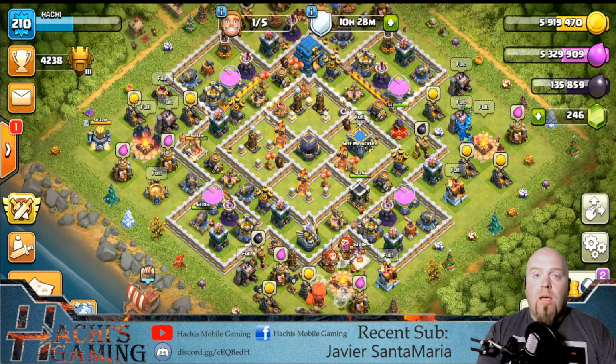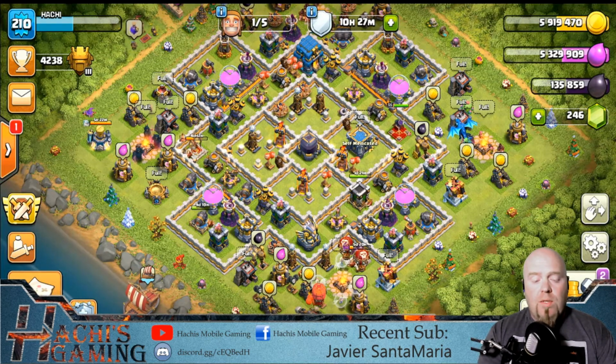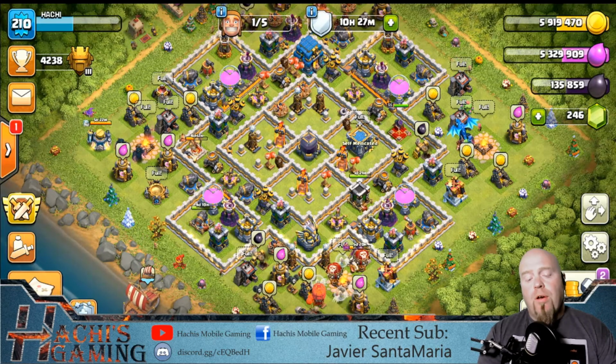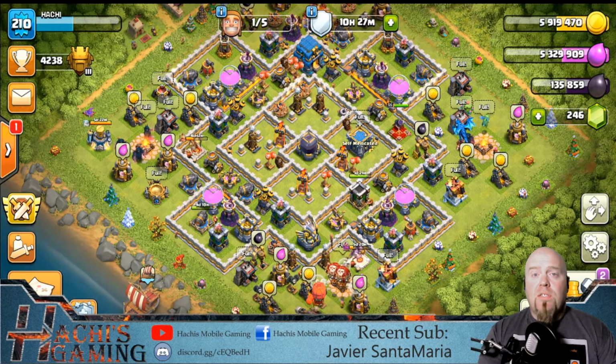You know, it's not a perfect attack. It does have a few weaknesses. Some of those weaknesses are similar to almost any bad attack. It's going to be the placement of the wizard towers. It's going to be whether or not infernos are set to multi or whether or not they're set to single. You know, if they're all set to single,